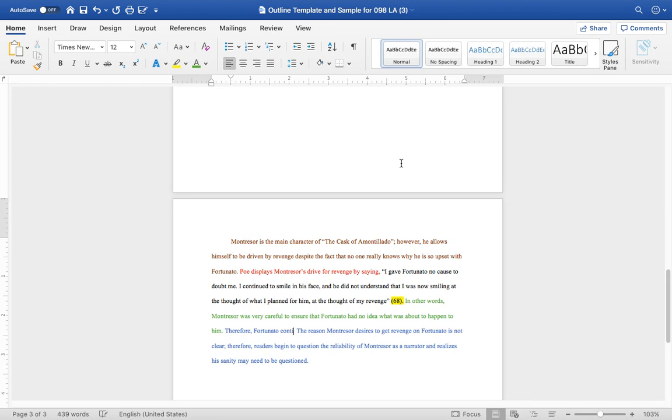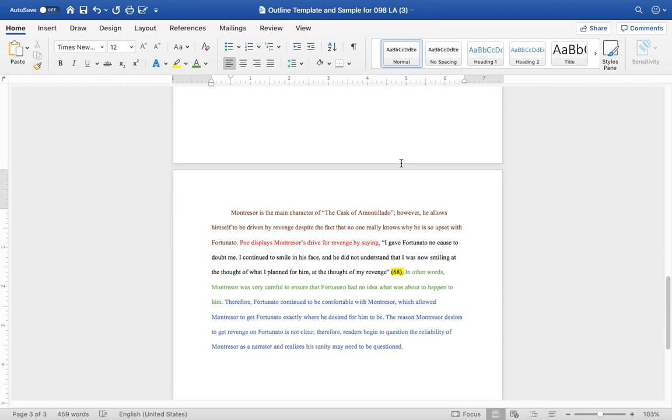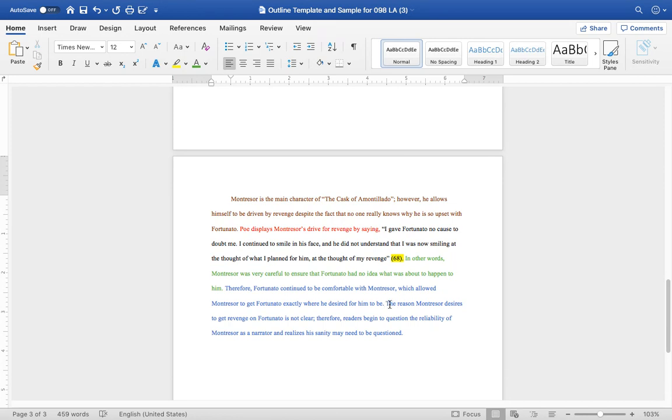Fortunato continued to be comfortable with Montresor, which allowed Montresor to get Fortunato exactly where he desired for him to be. Now, then I have the sentence that I already had here. The reason Montresor desires to get revenge on Fortunato is not clear. Therefore, readers begin to question the reliability of Montresor as a narrator and realizes his sanity may need to be questioned. Okay, so right here with these two sentences in my blue so what, therefore section, I do not have